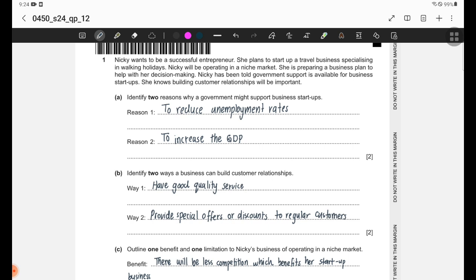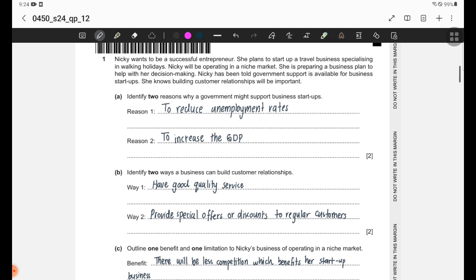So the question is, identify 2 reasons why a government might support business startups. So I believe the first 2 answers that would come to mind is to reduce unemployment rates or to increase the GDP of the country. You can also talk about to benefit society, or you can answer to gain more taxes or revenue for the country, or